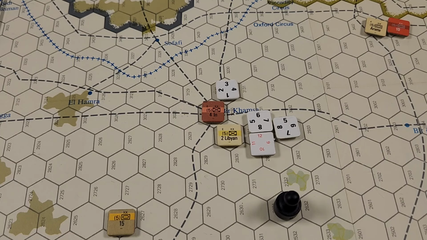Not 62, am I saying? 54. And the other one is going to be 24. So we have 78, which is going to be 8 barrage. So we're going to get an 8 barrage coming down on